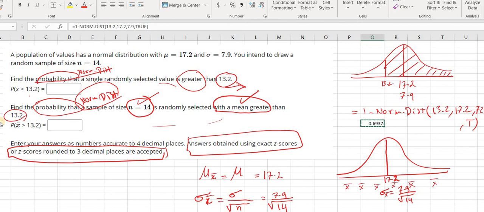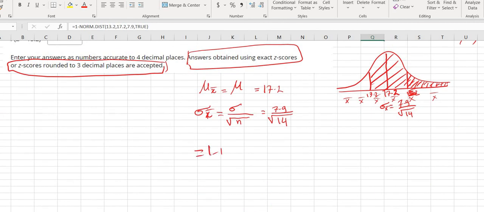13.2 is approximately here. Greater than means anything above that, or the area to the right. 13.2 is approximately here, and then the area to the right is what we mean by greater than. Now we're going to use the same function that we used in the previous question, except we're going to use a new standard deviation. That is the only difference. So my function is going to be 1 minus norm dot distribution of 13.2, comma, the mean, comma, the new standard deviation,